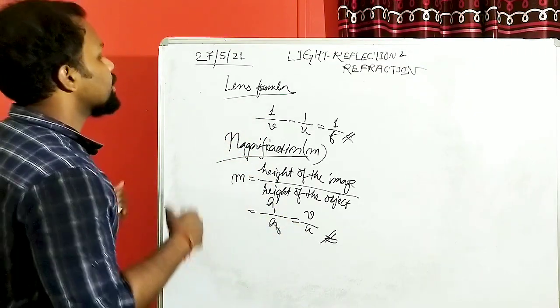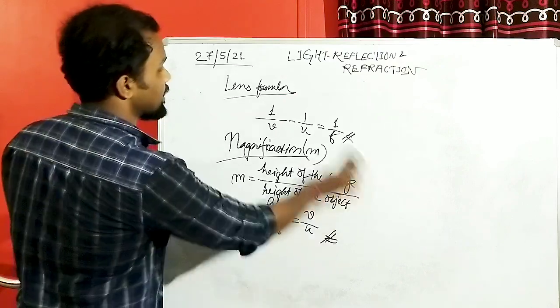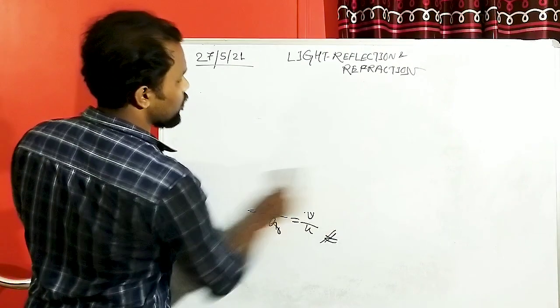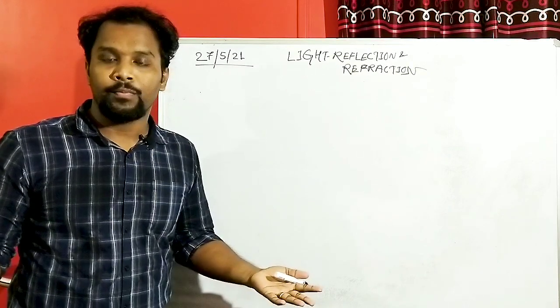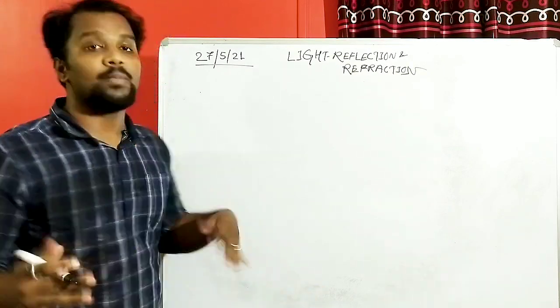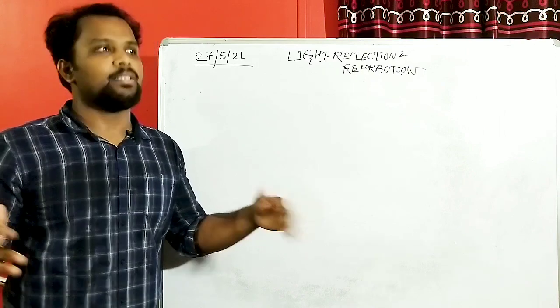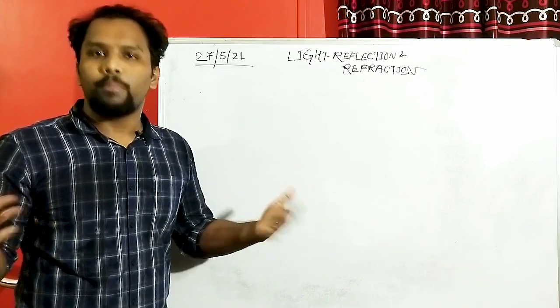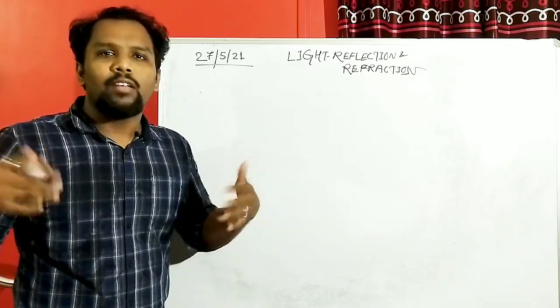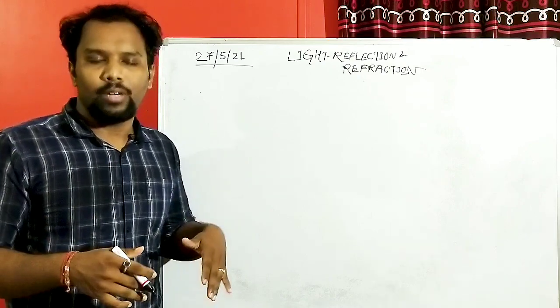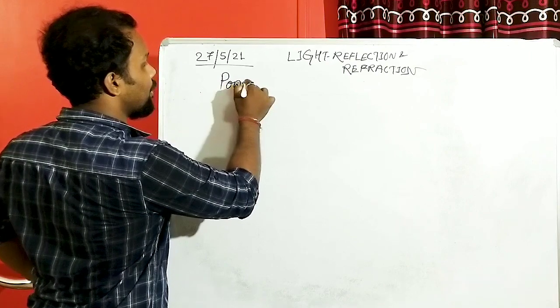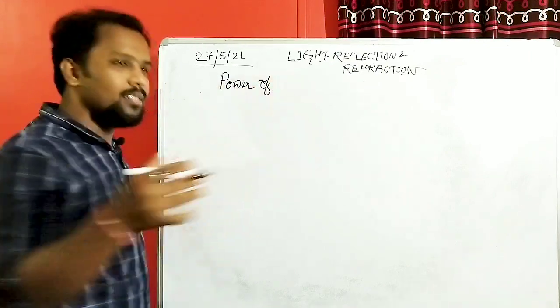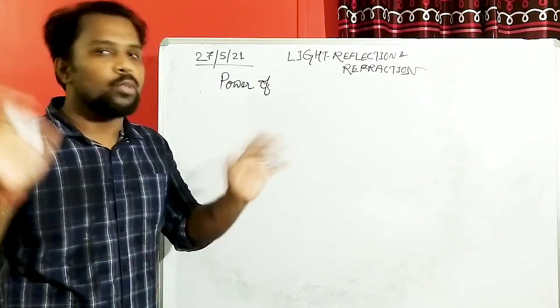Now we will see one more new term in case of the lens, that is nothing but the power of a lens. Now you may ask, what is power? What does it mean by power in case of lenses? We know that power is something we always know. Do you have the power to do that? That means it is some kind of inner power or inner energy which leads to power, right? So it is a little bit different here. If you want to say psychologically, it is going to be the same.